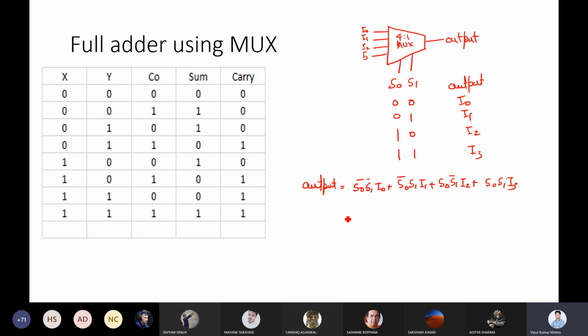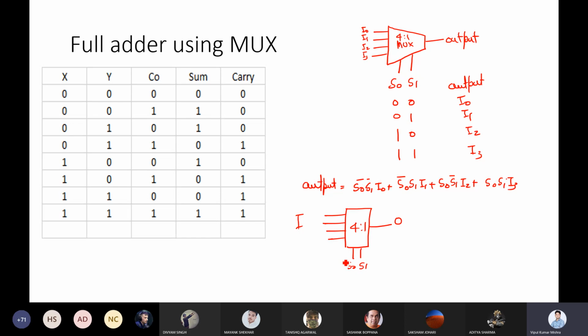So now we want to use this mux and make our full adder. So I have a mux. You can use multiple muxes as well. That is a 4 to 1 mux with two selection lines S0, S1, I values, and here you have the output value. I want to use this mux to make our full adder. So how to do it, not able to get it? So let me give you an idea.